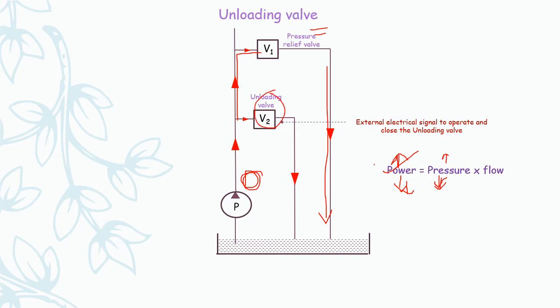A pressure unloading valve unloads the fluid energy at a lower pressure so that the pump will not be damaged when running at no load conditions. That is when your system is not doing any operation and the pump is continuously running. So during this period, the unloading valve will be very helpful, that is, in no load conditions. The unloading valve unloads the fluid energy at lower pressure so that the pump will not be damaged when running at no load condition.